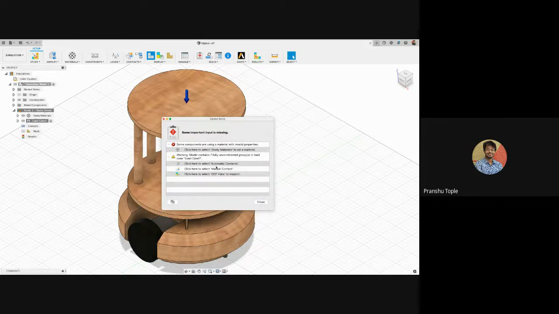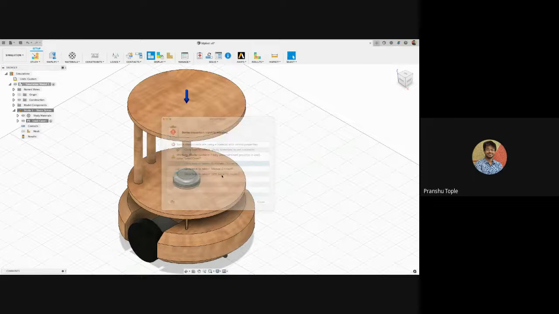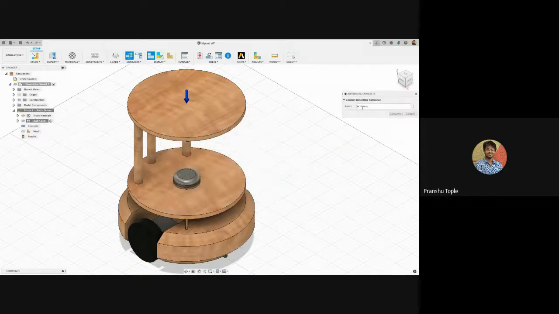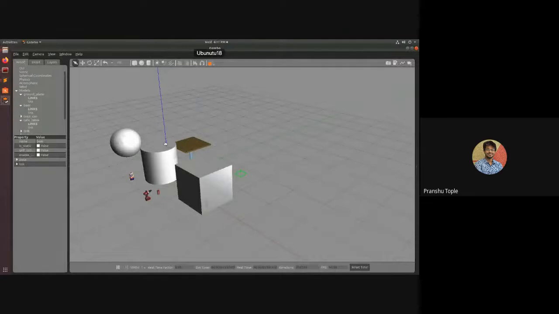Okay, we need to put the manual contact and automatic contacts, all these things. It's a long process, yeah, but it's anything about stress strain simulation, everything you need to do here. This simulation is control system. So here we are controlling it by keyboard, right? Then similarly, I can control it using a joystick. I can make it autonomous. So all these things are enabled due to ROS. These are features of ROS.